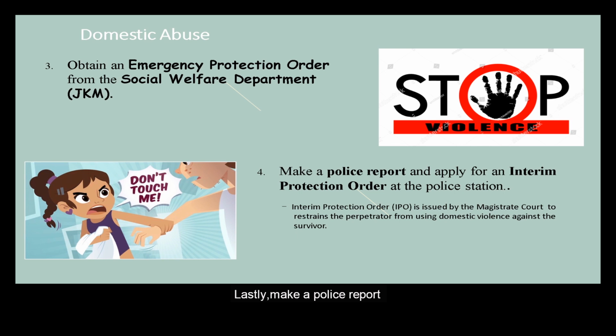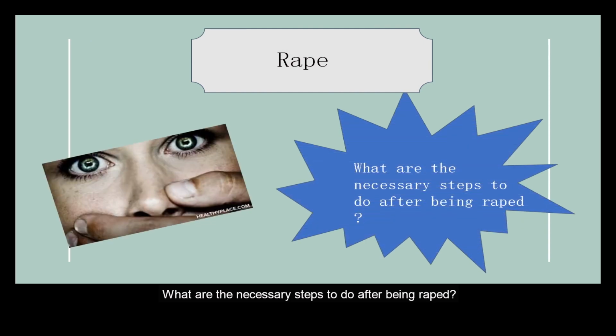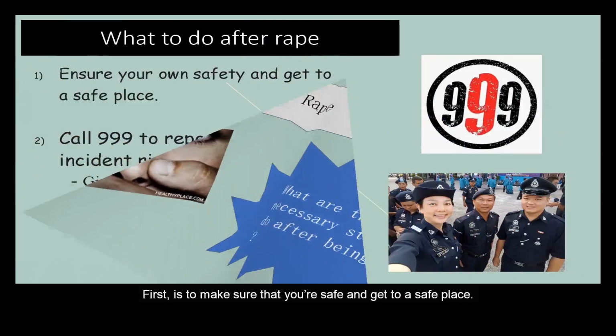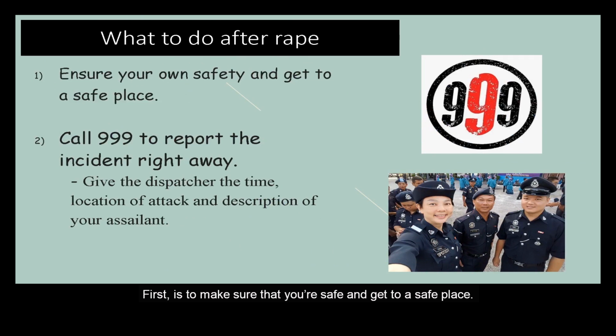Lastly, make a police report and apply for an interim protection order at the police station. What are the necessary steps to do after being raped? First is to make sure that you're safe and get to a safe place. Second is to call 999 to report the incident and give the time, location of attack, and description of your